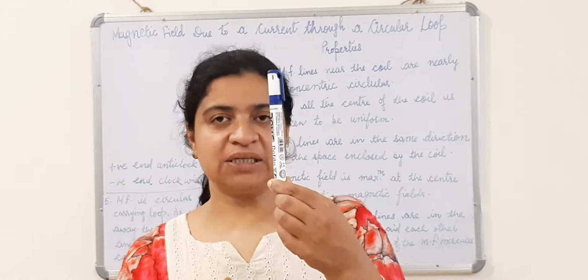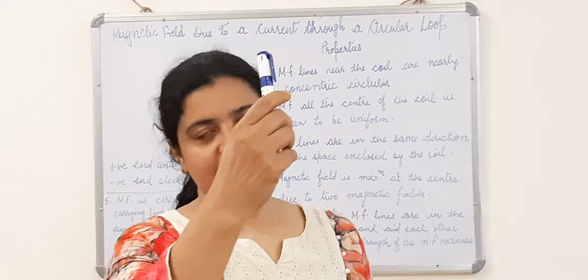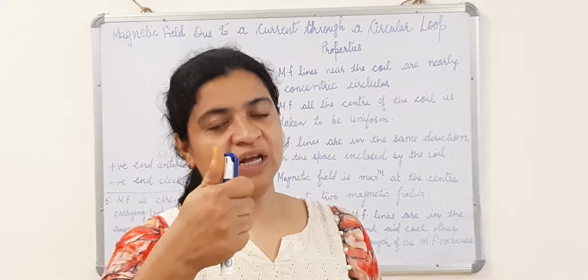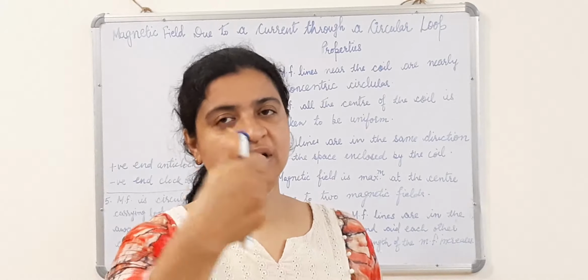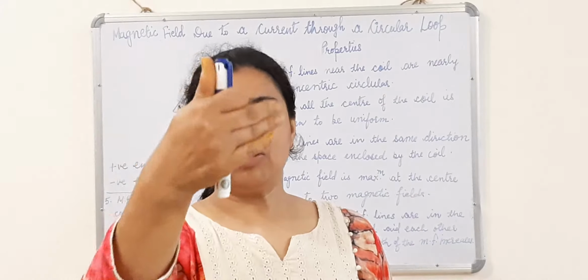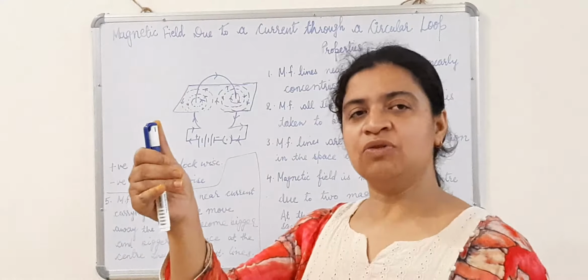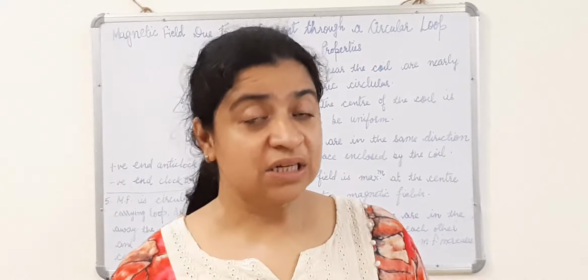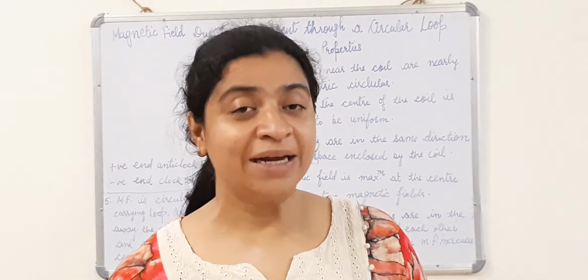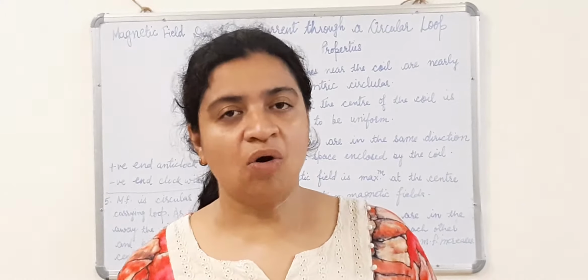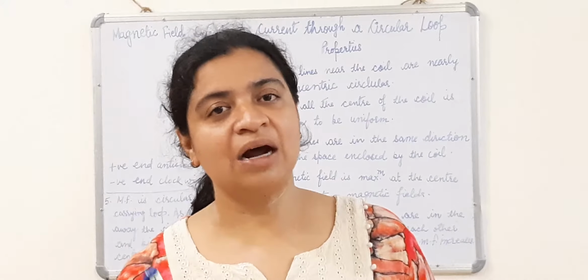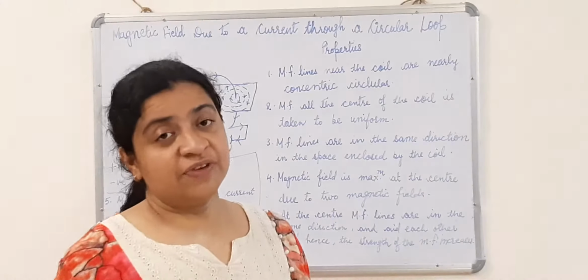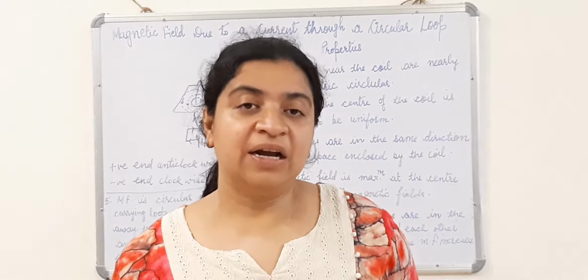Suppose this is a current carrying straight conductor and it is in my right hand. We keep the conductor in such a way that my thumb points towards the direction of the current, and the curling of my fingers will give you the direction of the magnetic field. So the right hand thumb rule is the rule which helps us to find out the direction of the magnetic field lines around a conductor.